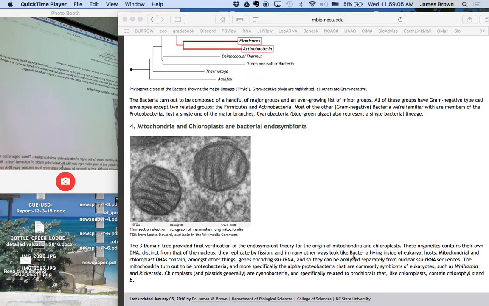Lastly was proof of a long-standing hypothesis called the Endosymbiotic Hypothesis. The notion that some organelles in eukaryotes are the remnants of bacterial endosymbionts. This is clearest in the case of plastids or chloroplasts, where in some organisms they look an awful lot like cyanobacteria. And the reason for that is because they are cyanobacteria.